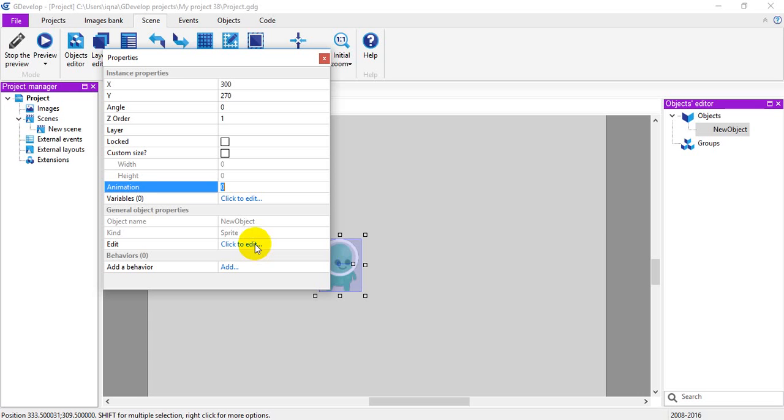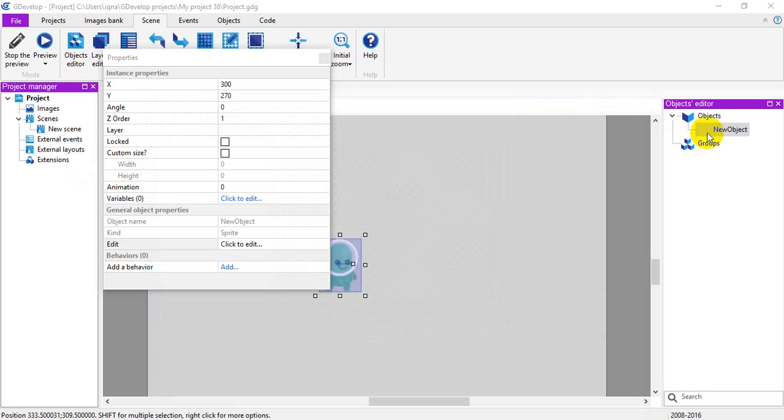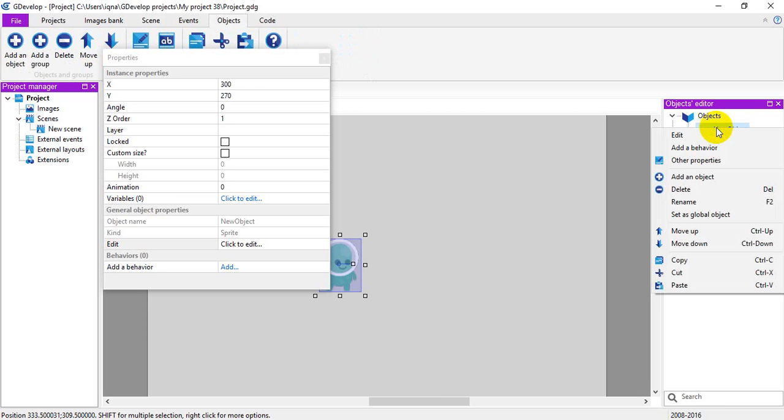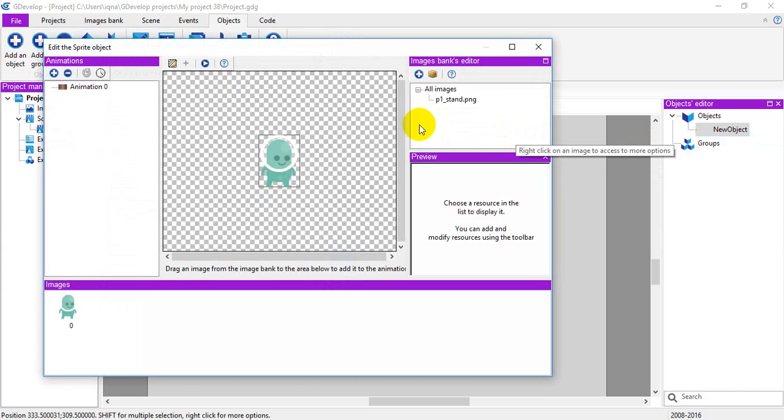If you want to edit the object sprite, you just click over here to edit the object inside the sprite editor. Same as if you right click here and say edit, and you can see it when you open the object editor.